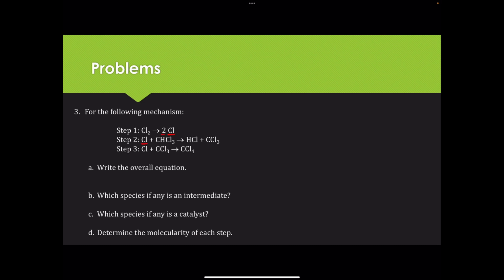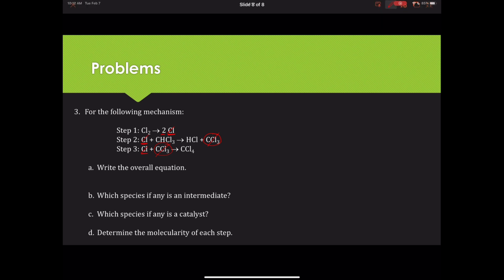It shows up in step 2 and in step 3, so that chlorine cancels. I also have a CCl3. The CCl3 in products and reactants cancels. So that's going to leave me